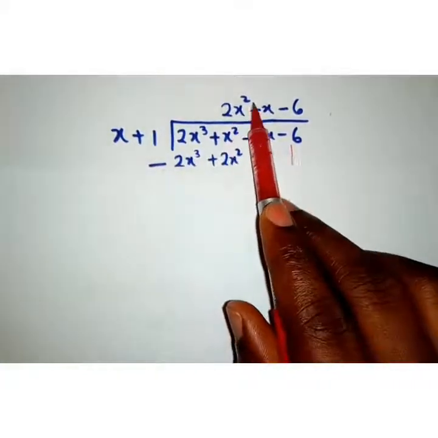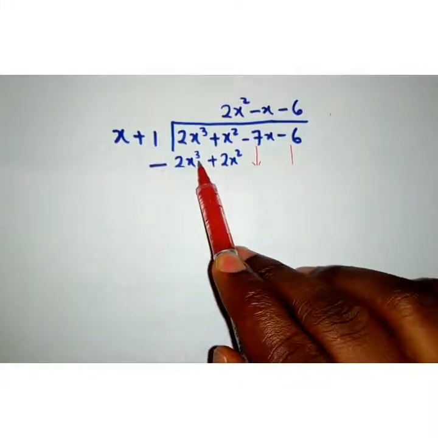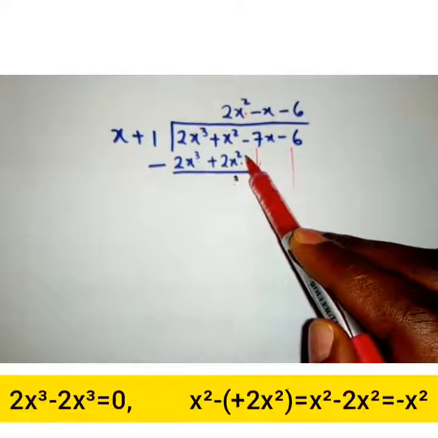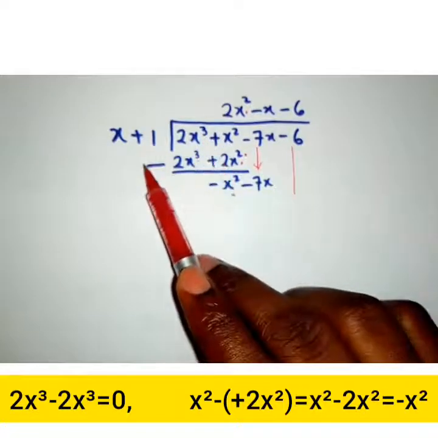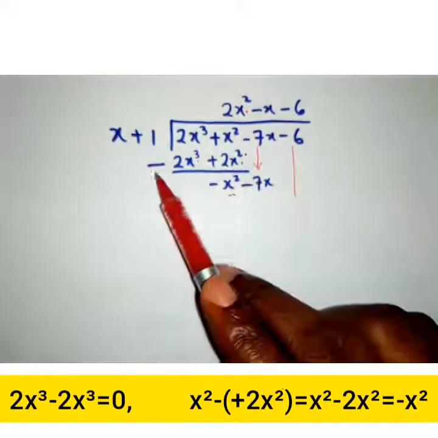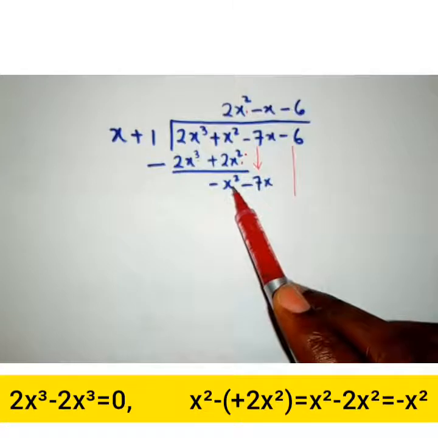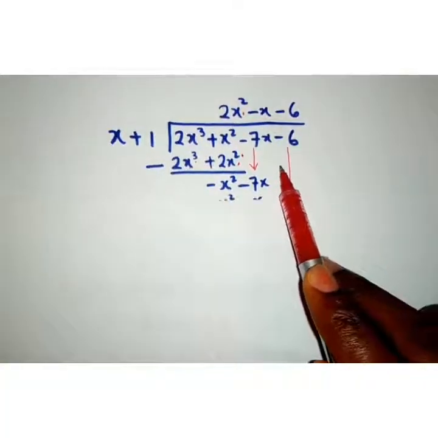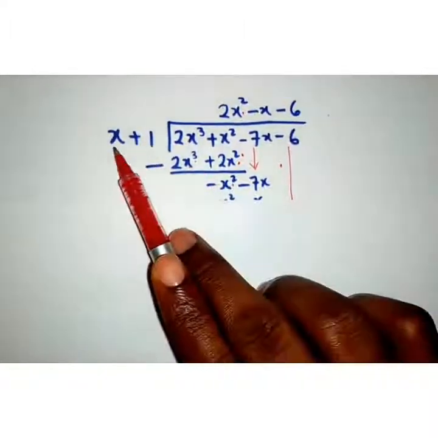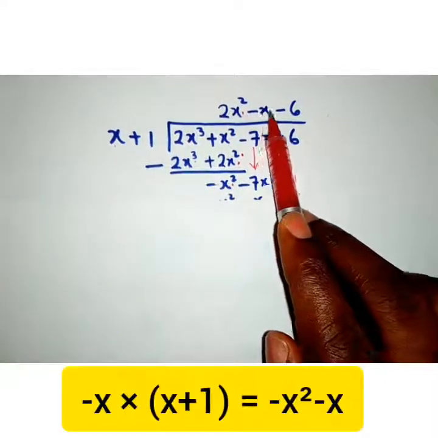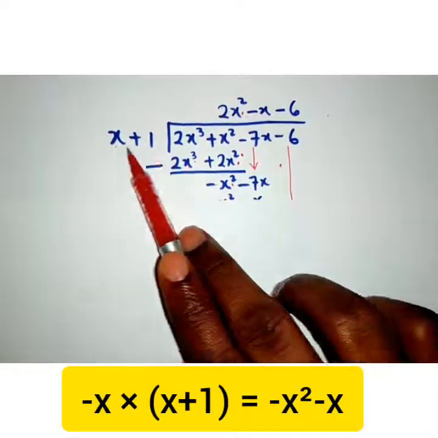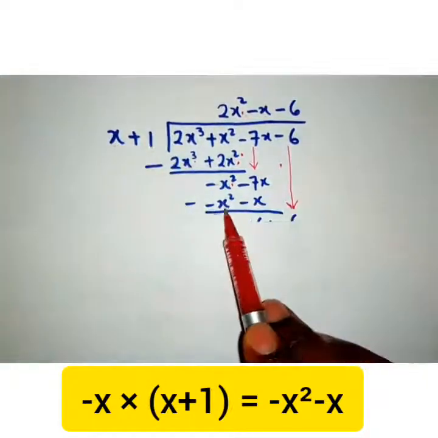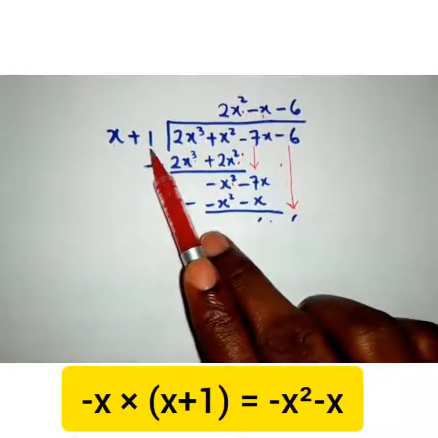So we have 2x squared times x gives us 2x cubed, 2x squared times 1 gives us 2x squared, and then we subtract. 2x squared minus 2x squared gives us 0, x squared minus 2x squared gives us minus x squared, and then we bring down our minus 7. And so we divide again, minus x squared divided by x, that gives us minus x, and then we multiply this by this. So we have minus x times x, that gives us minus x squared,